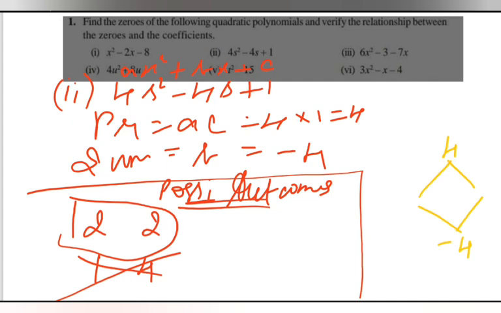Their product should be 4 and the sum must be minus 4. If we multiply 2 and 2 we get 4, it is satisfied, but if we sum them we won't get minus 4. So in this case we should change the sign. If we change only one 2 to minus 2, the sum is 0 and the product is minus 4. So we should change both signs, minus 2 and minus 2. The product is plus 4, and the sum of minus 2 and minus 2 gives minus 4. So x